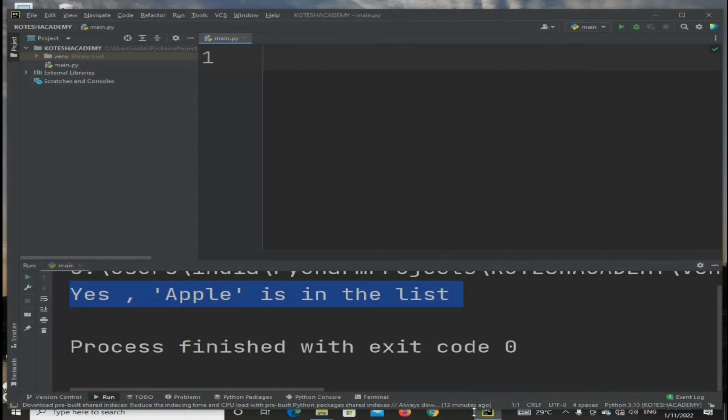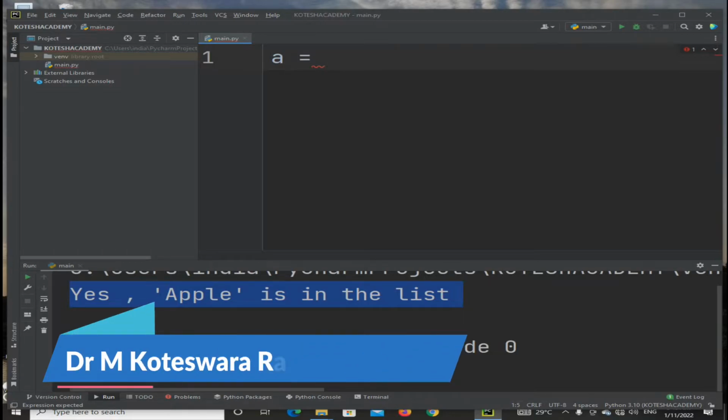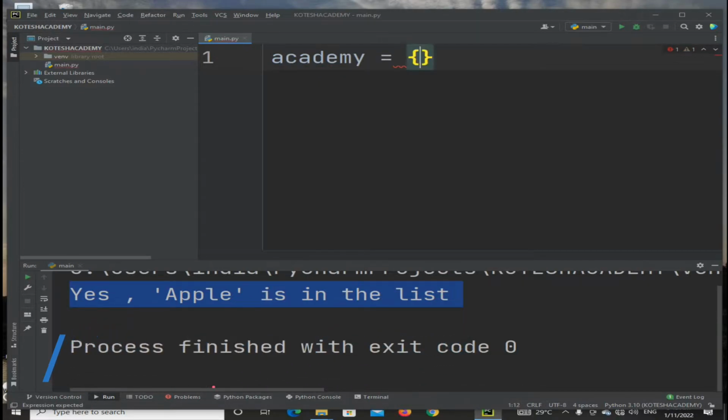Now Python change list items we are going to implement on PyCharm. So simply I am taking variable A, and I am taking the variable academy equal to, I am taking different strings like that. In square brackets, always lists are represented in square brackets.